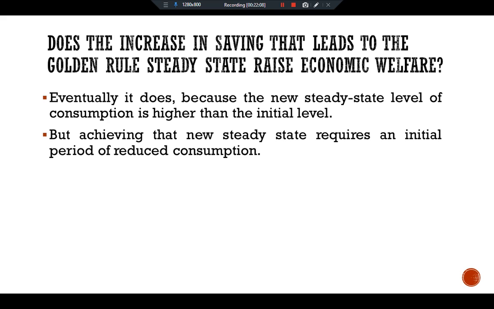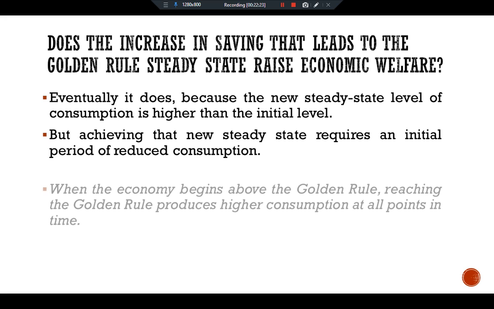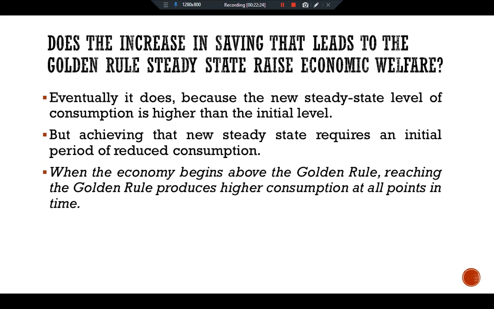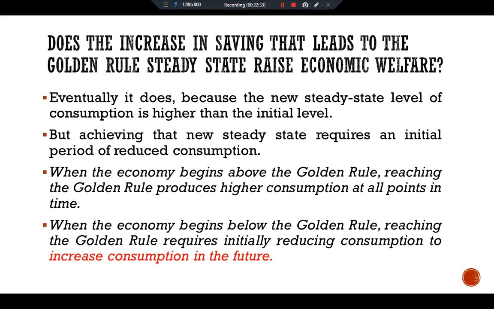This is in contrast to the case in which the economy begins above the golden rule. When the economy begins above the golden rule, reaching the golden rule produces higher consumption at all points in time. When the economy begins below the golden rule, reaching it requires initially reducing consumption to increase consumption